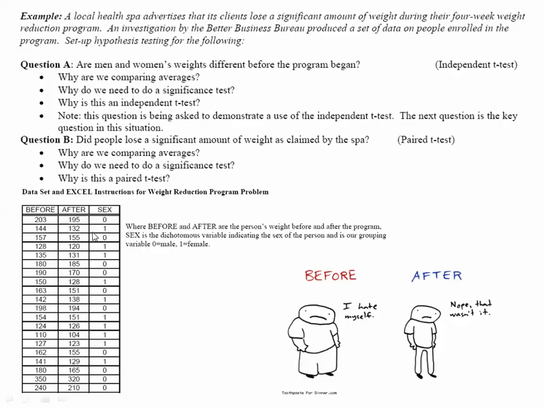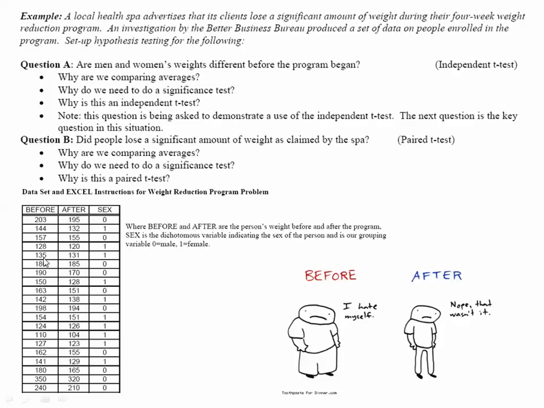And then the ones represent the women, and you can see that there's variation in the women's weights as well. So we want to know, there is a difference. Is that difference significant? Or, do the corresponding weights overlap in